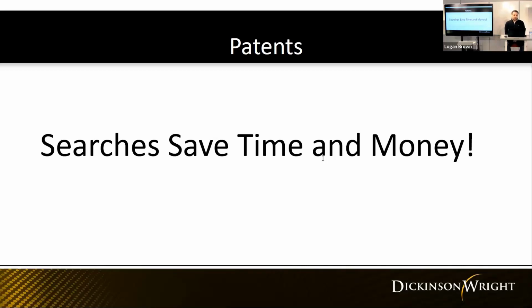And so you would be doing yourself a favor in many instances to do a search both of existing patent applications, issued patents, as well as non-patent literature, to make sure that you feel comfortable that this idea you have is either not out there or significantly different from the things that are out there.